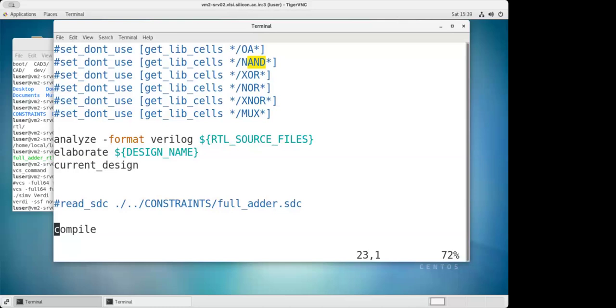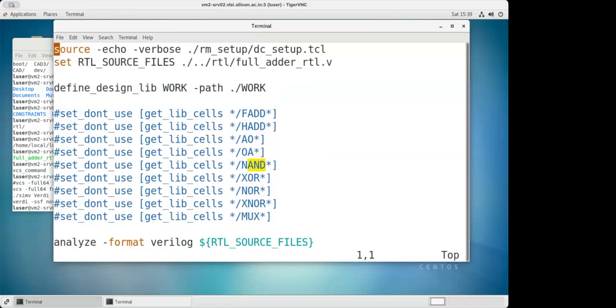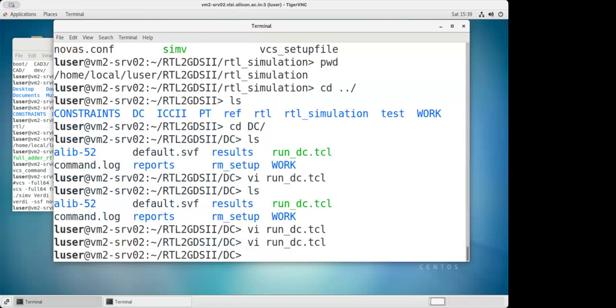After that, compilation comes into the picture. So there is the command compile. Yes, it's very simple. As such, there are only three commands: analyze, elaborate, and compile. But in that we set one variable in the same file, and another variable in